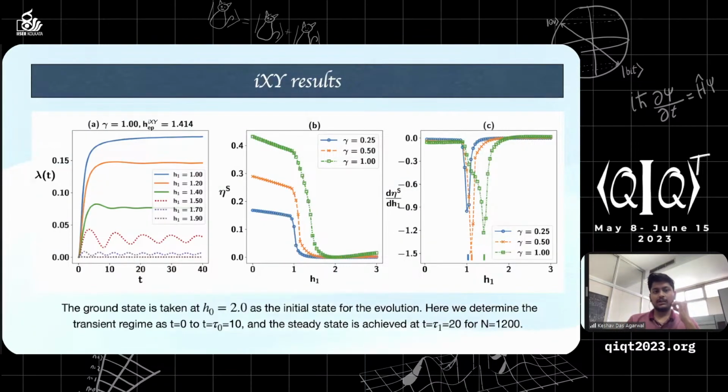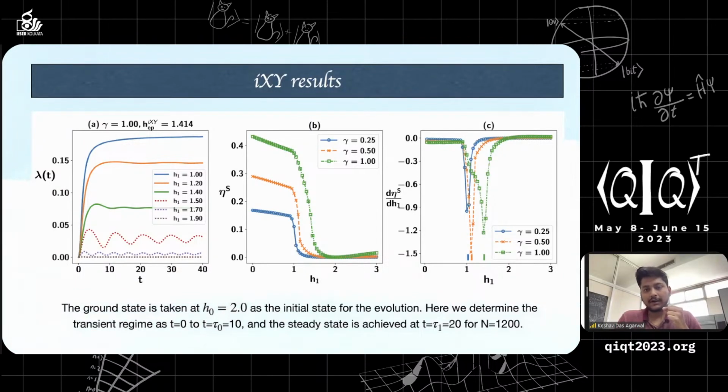So here are the results for the IXY case, which is the rate function. This is the profile of the rate function. Solid lines in the first figure correspond to a quench in the broken phase. So one can see it's saturating, whereas in the unbroken phase, it's oscillating. We show that the steady state rate function averages of this system show non-analyticity at the first differential at the exceptional point. So even though the non-Hermitian XY shows non-analyticity at the first differential, as shown by Bajor and Dora, in the IXY case,